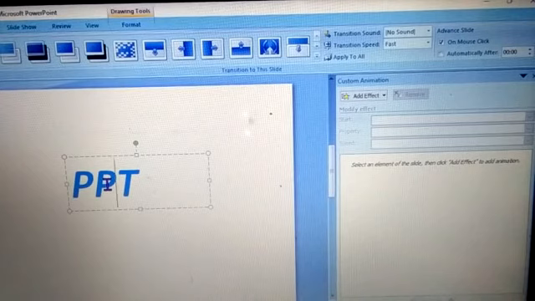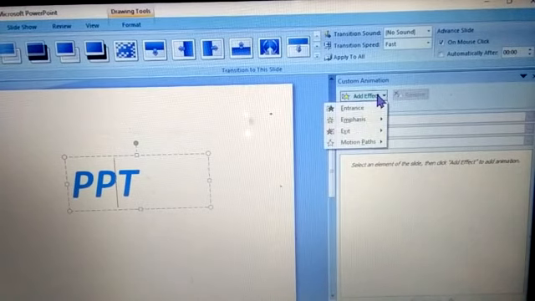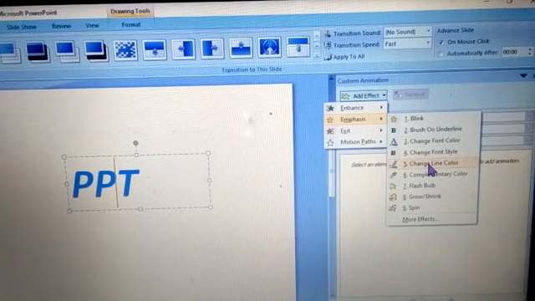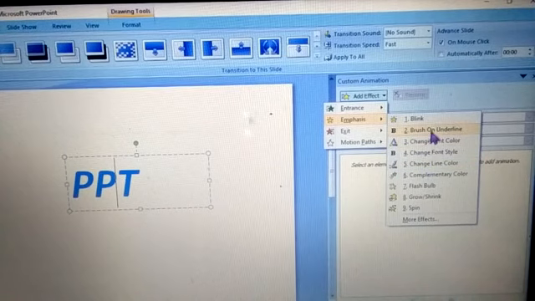See, when I click on this and go to add effect, second is emphasis. So children, if you can see these options, these are related to font colors and font change. These are for font only, so these will apply only to text. But these other options can be applied to both text and object. Fine, I hope you understood this.